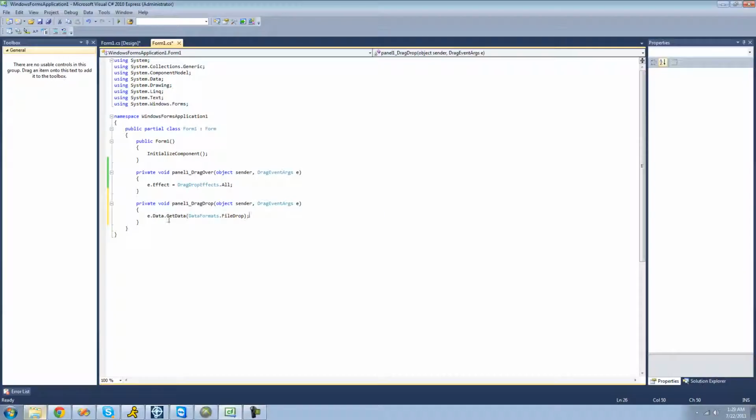And this returns an object, so we're going to have to convert it into a string array so that we can access all the files, or the paths to all the files that the user drops. So we're just going to cast this as string array, and then we're going to obviously have to